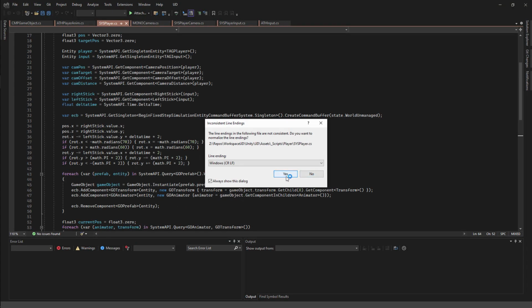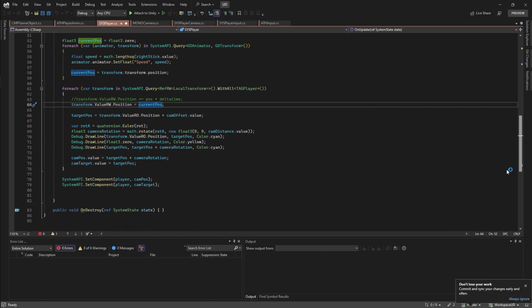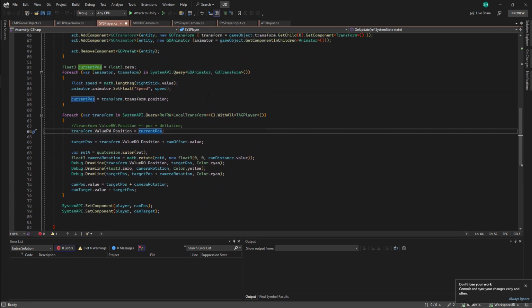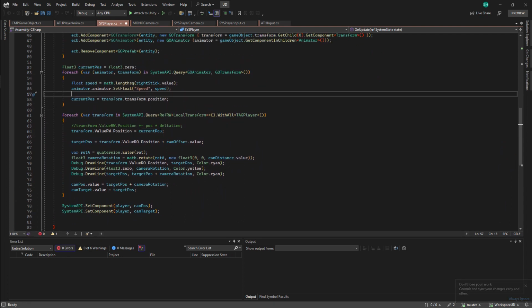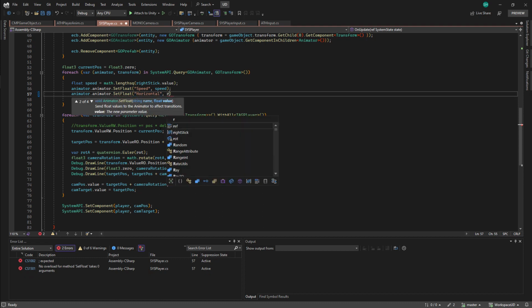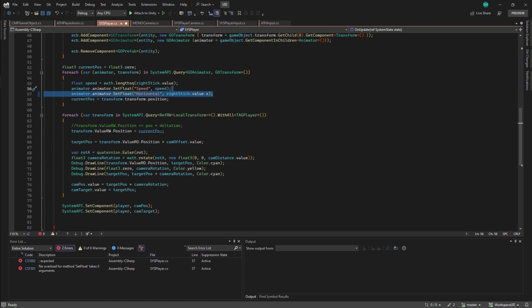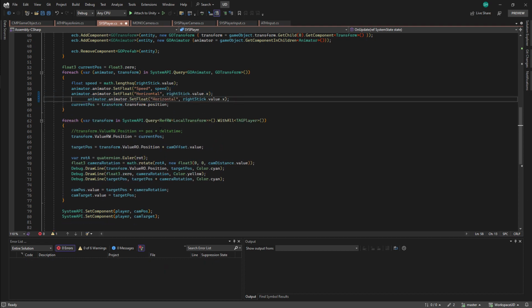We're going to be updating the character where we update our animator. I'll do this after I calculate my speed. Here I'll add another value of the speed, and this will be set with animator.animator.setFloat. This will be setting my horizontal value, and I'll be setting this with my right stick.value.x. This will be followed by animator.animator.setFloat. The first argument will be vertical, and this will be set with my right